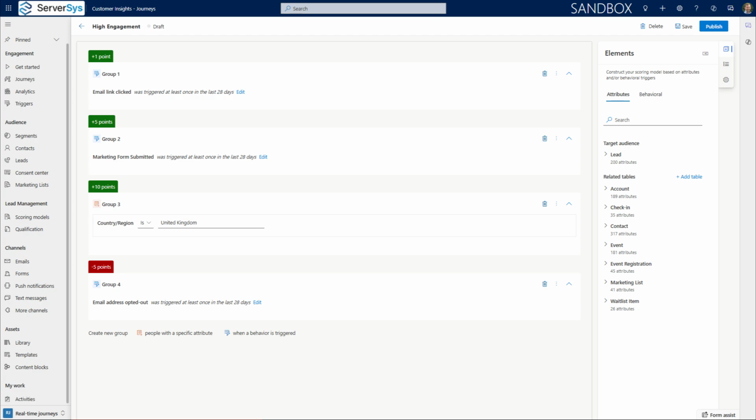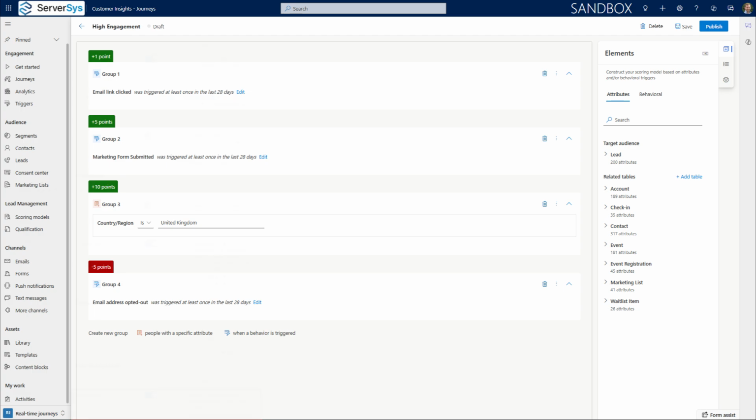As well as counting email clicks and other interactions, you can also create more complex scoring models that include demographic attributes from the contact or lead being scored or attributes from a related table. When someone positively interacts with your messages and meets your target profile, they'll receive a higher score. So these people can automatically be identified, which might mean notifying a sales team or routing them to another journey